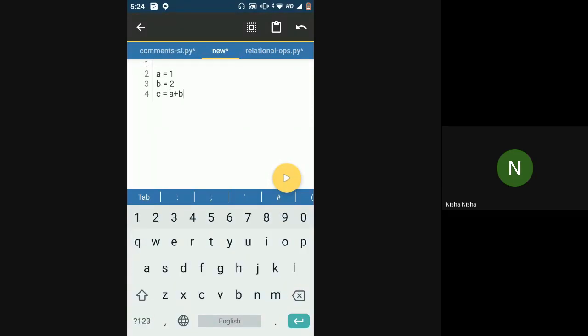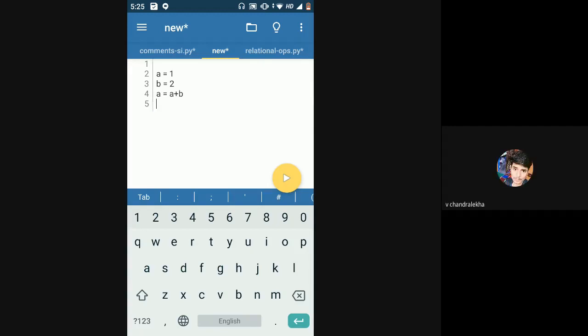As I said, you can put this into add or c, any variable you can give as name. But what if I want to put it in a variable only? Like what if I want to put it in this first operand only, in a operand only? I don't require this a anymore. So you make it as a is equal to a plus b. Then in Python you just have a simpler way of doing it.